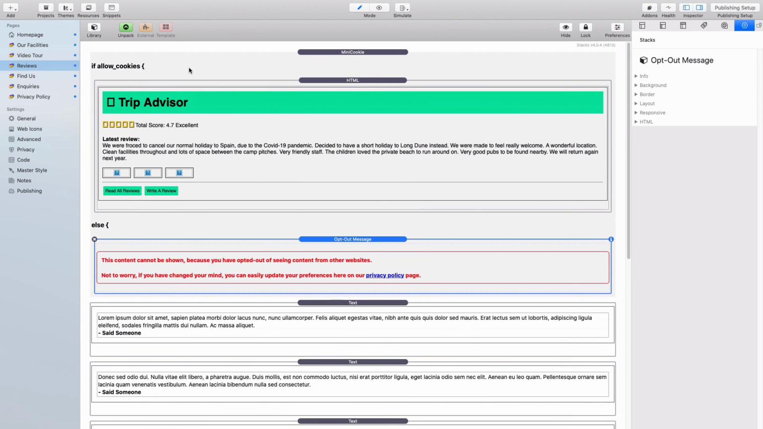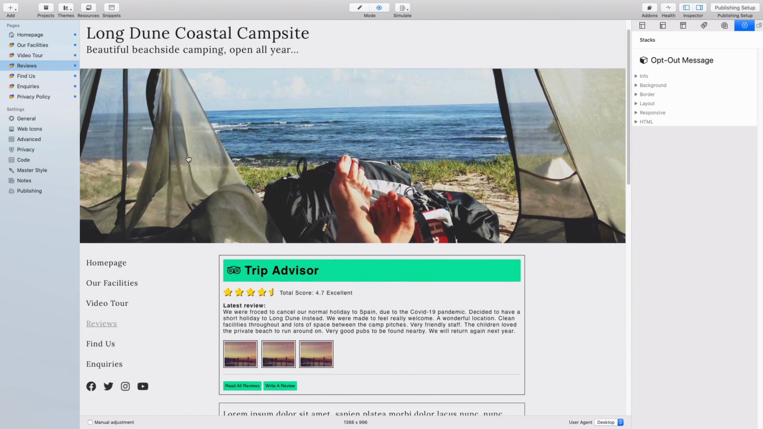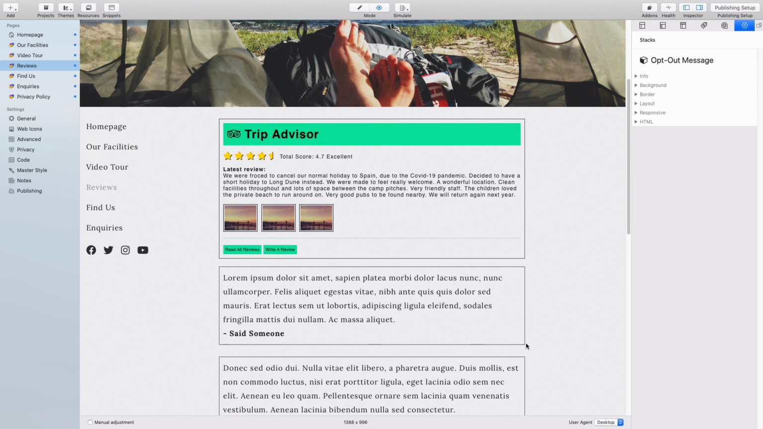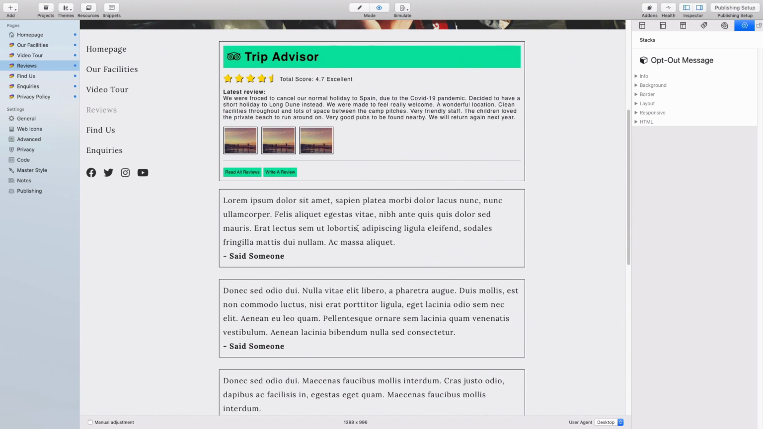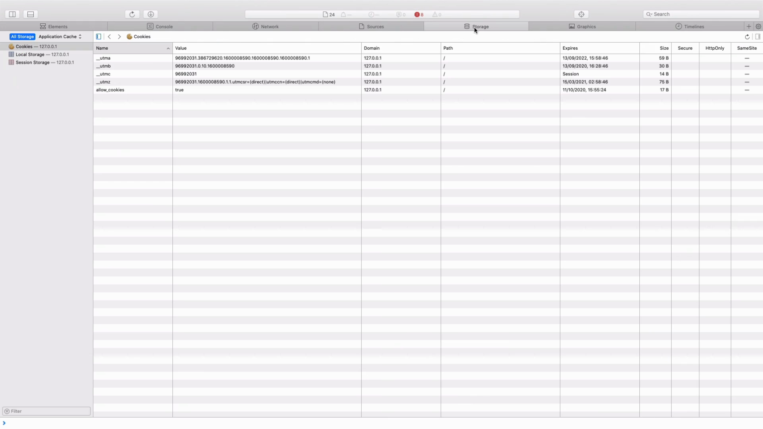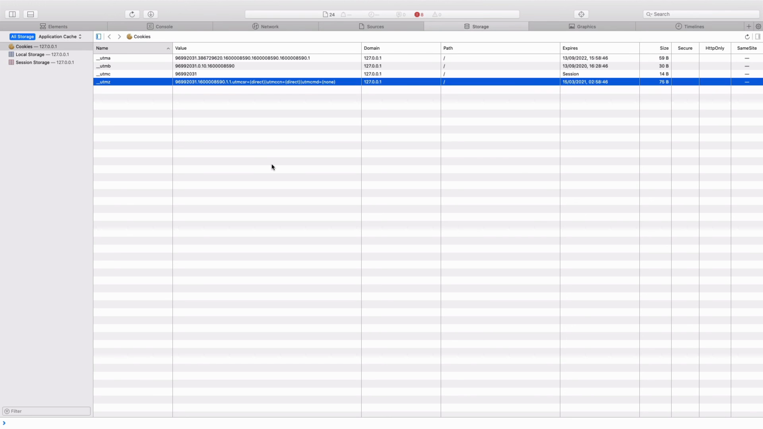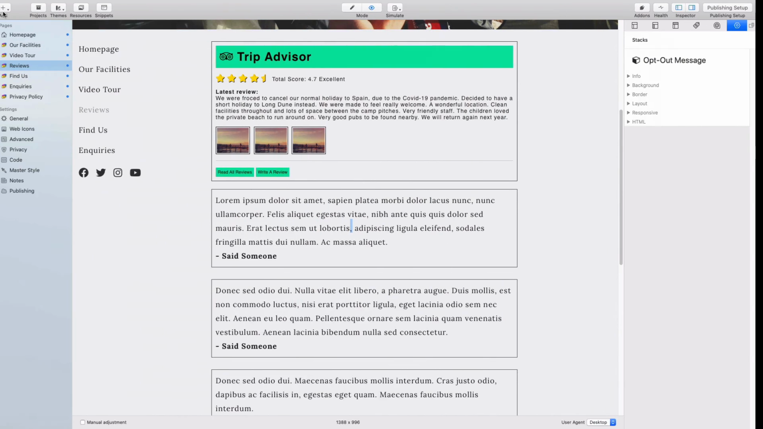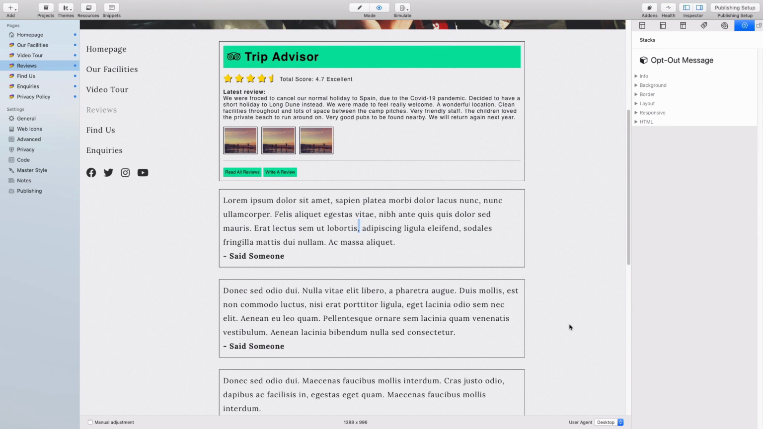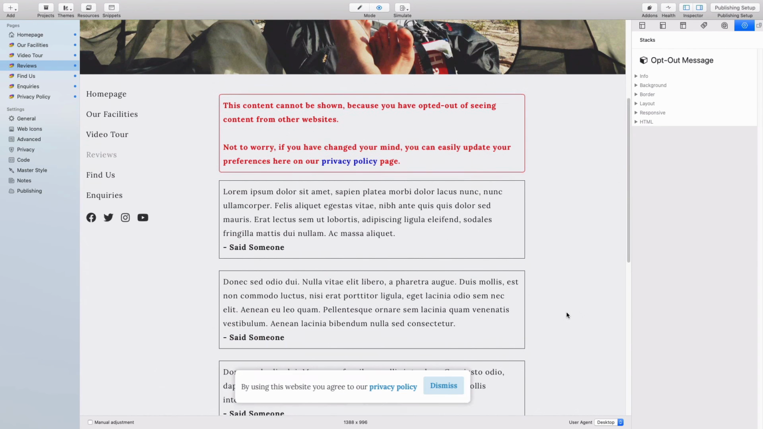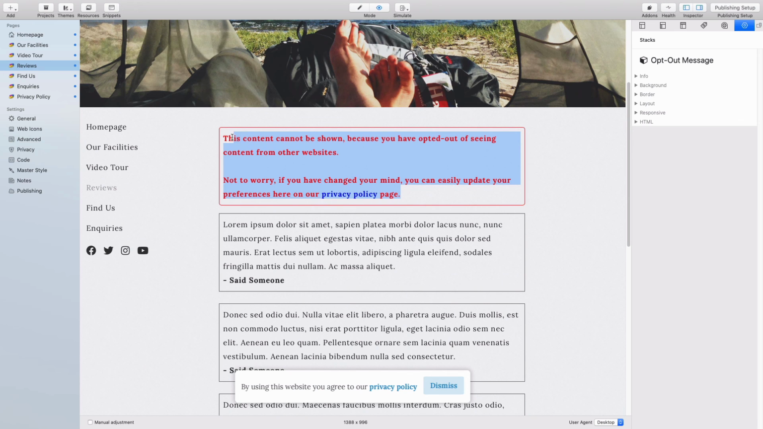That all looks fine there. I'll preview a page. So I have previously given consent, so that is loading. But if I was to go into the web inspector, storage, cookies, just going to delete my little opt-in cookie again. Get that out of the way. Refresh the page. And as you can see, it's saying that content can't be shown because I've opted out of